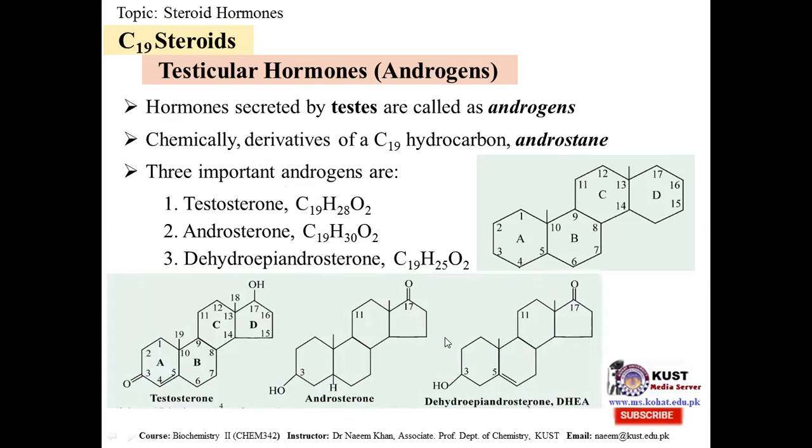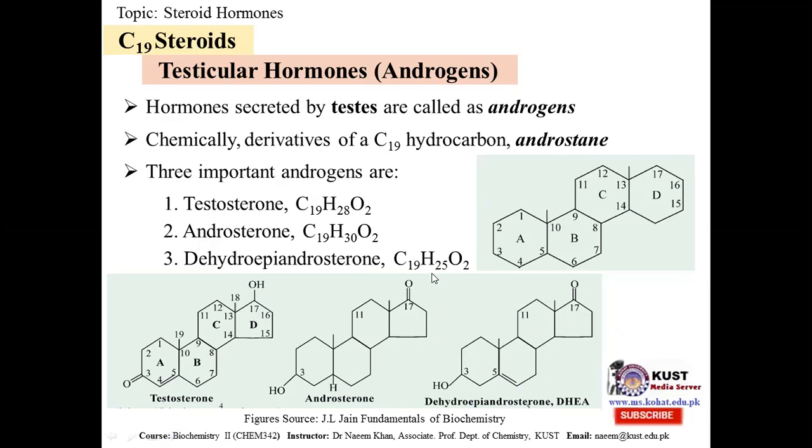Here we can see clear differences at carbon number 3. We have a ketone group here, and here we have an OH group, and the same here we have an OH group. But here at carbon number 5, we have unsaturation. Here we do not have unsaturation. Rather, in testosterone, we have unsaturation at carbon number 4. Now coming to carbon number 17, here we have an OH group, but in androsterone and DHEA, we have a ketone group. So the three androgens we have are testosterone, androsterone, and